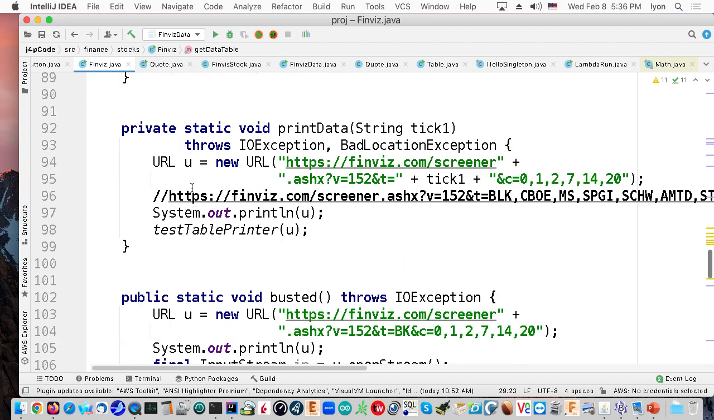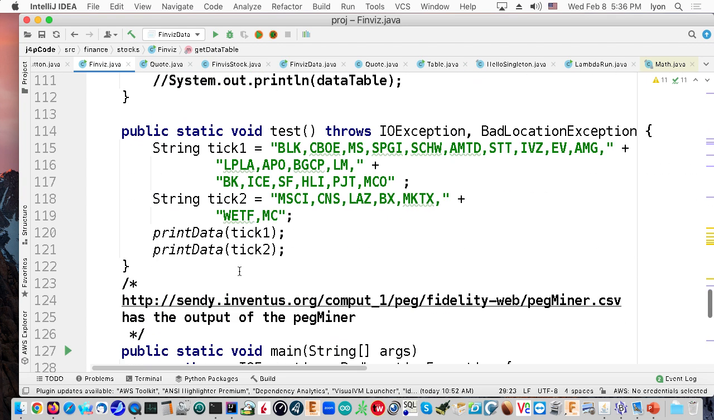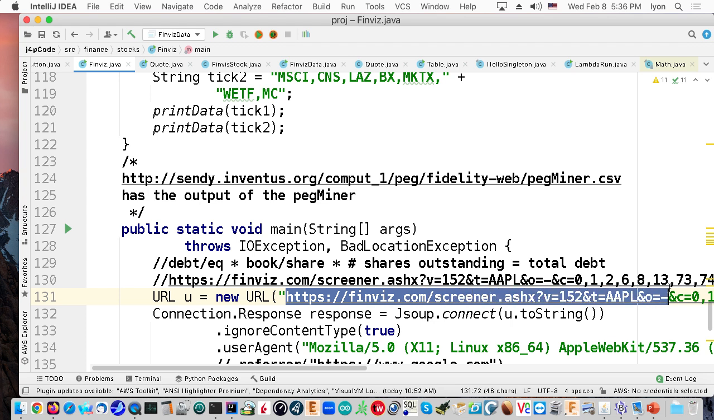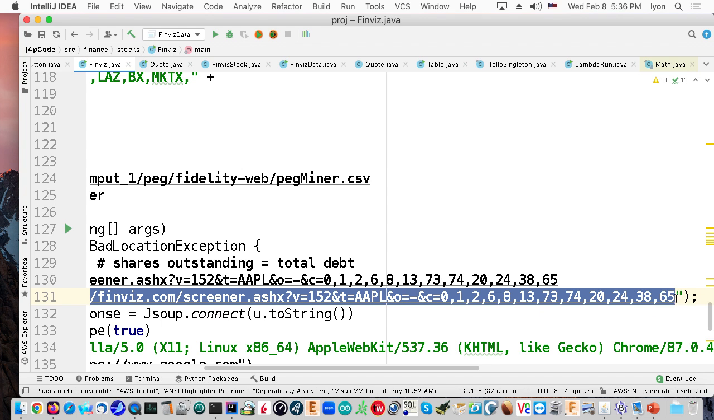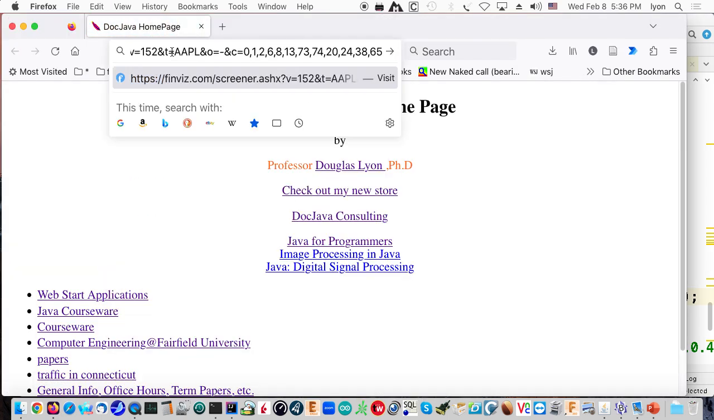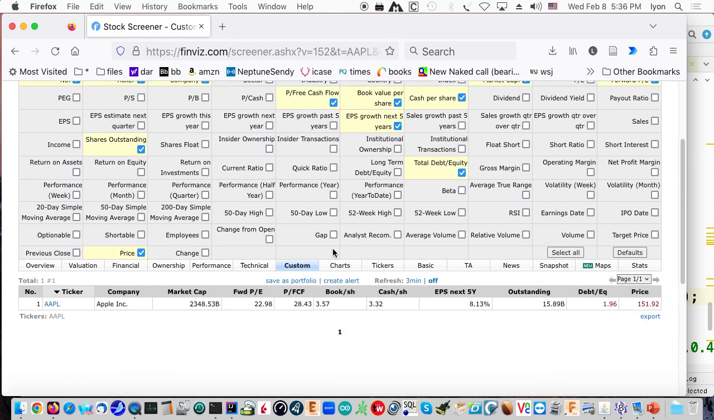So what we have here is a URL. You can see the URL right in through here, and we can print out the URL. See if we can get it. Yep, here it is. What we'll do is copy this URL, and then we'll put it into our screen, and now we can see ticker symbol, company name, market cap, forward price earnings ratio, forward price divided